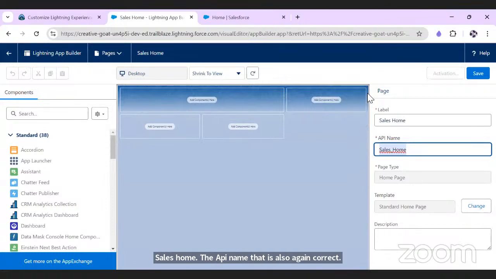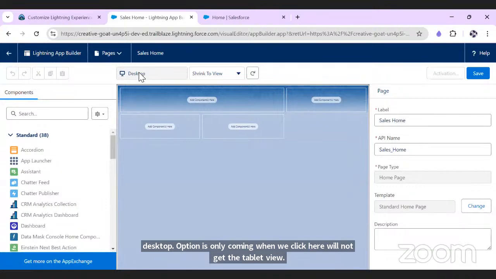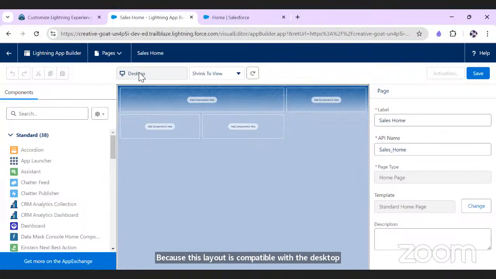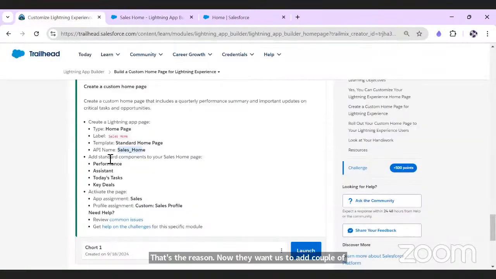Right now the page is selected. You can see here the desktop option is only coming. When we click here, we will not get the tablet view because this layout is compatible with the desktop only, not for the tablets or the cell phone at all. That's the reason. Now they want us to add a couple of components to this page, such as performance, assistant, today's